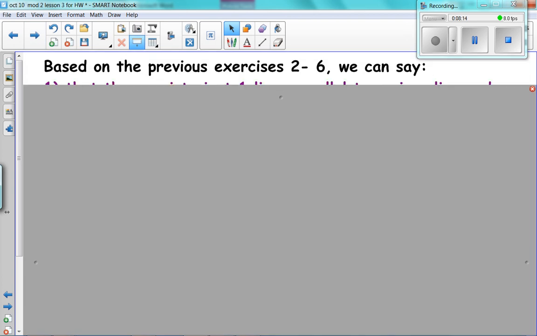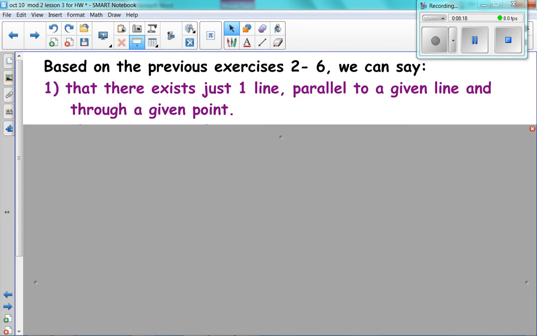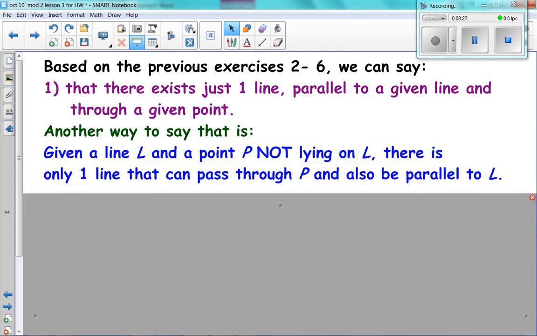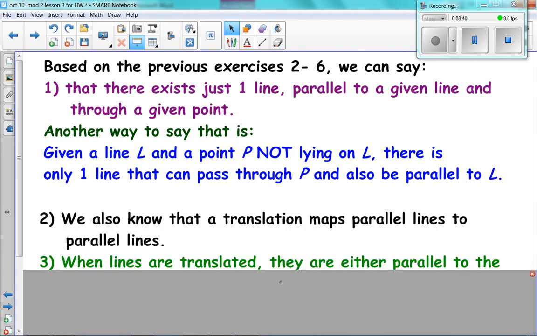So based on the previous exercises 2 through 6, we can say this, that there exists just one line parallel to a given line and through a given point. Another way to say that is, given a line L and a point P not lying on that line L, there is only one line that can pass through P and also be parallel to L. We also know that a translation